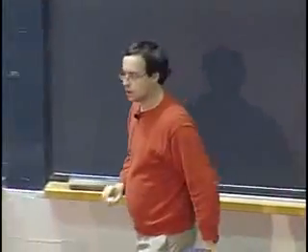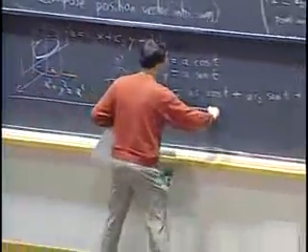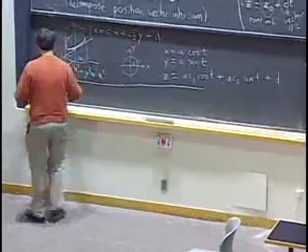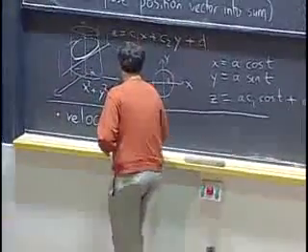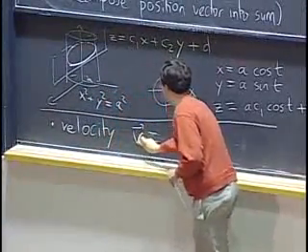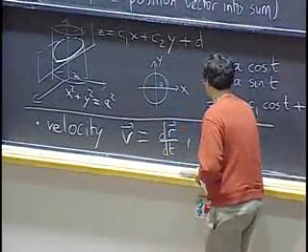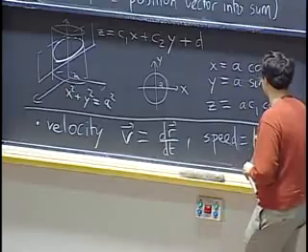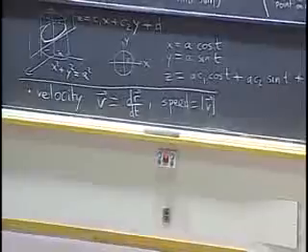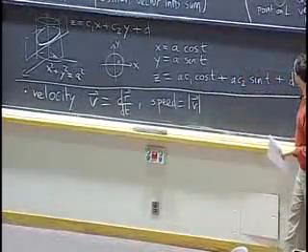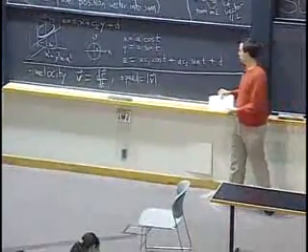No. Okay, so let me move on a bit and point out that with parametric equations, we've looked also at things like velocity and acceleration. So the velocity vector is the derivative of the position vector with respect to time. And it's not to be confused with speed, which is the magnitude of v. So the velocity vector is going to be always tangent to the curve, and its length will be the speed. That's the geometric interpretation.